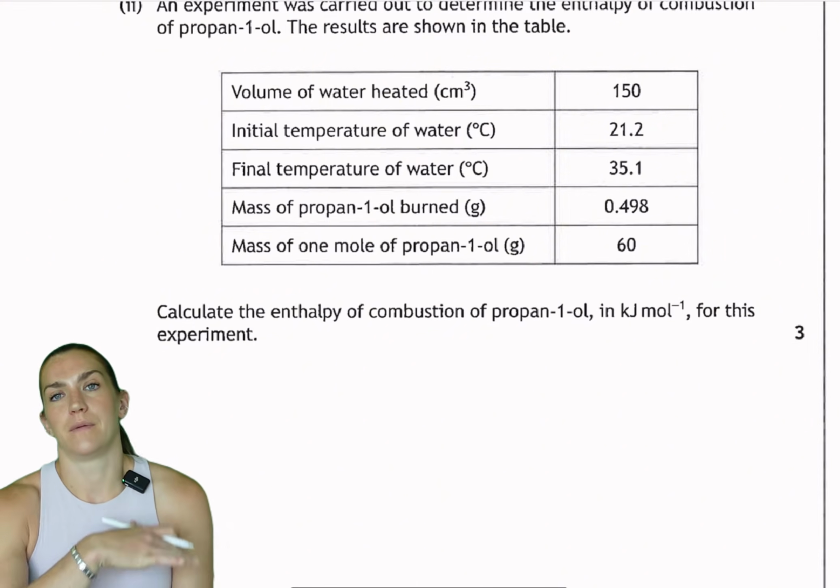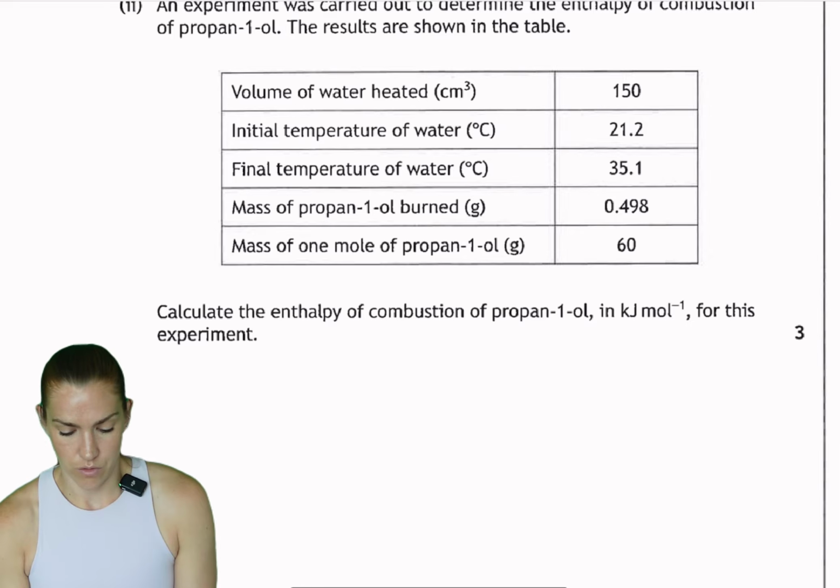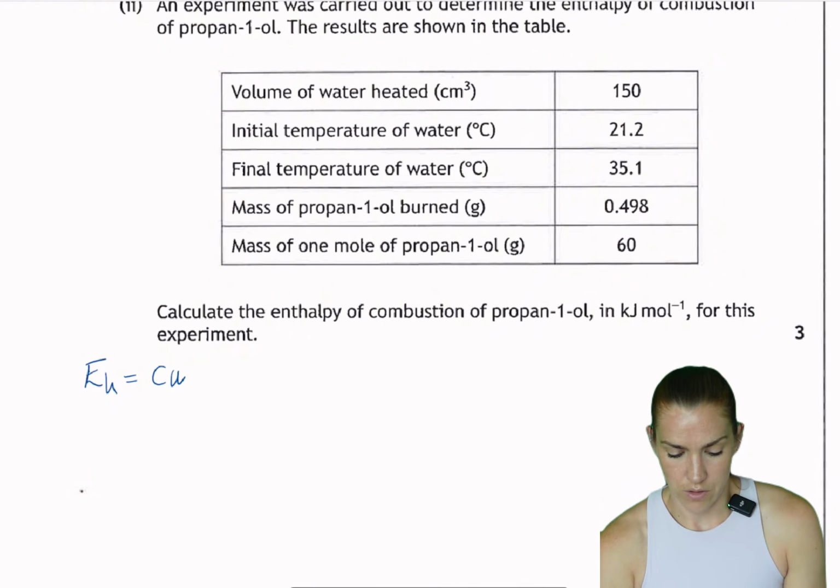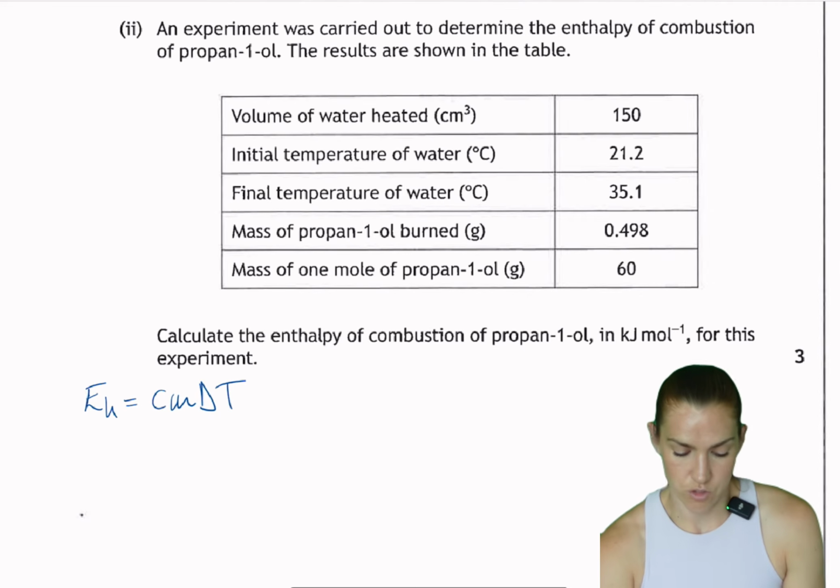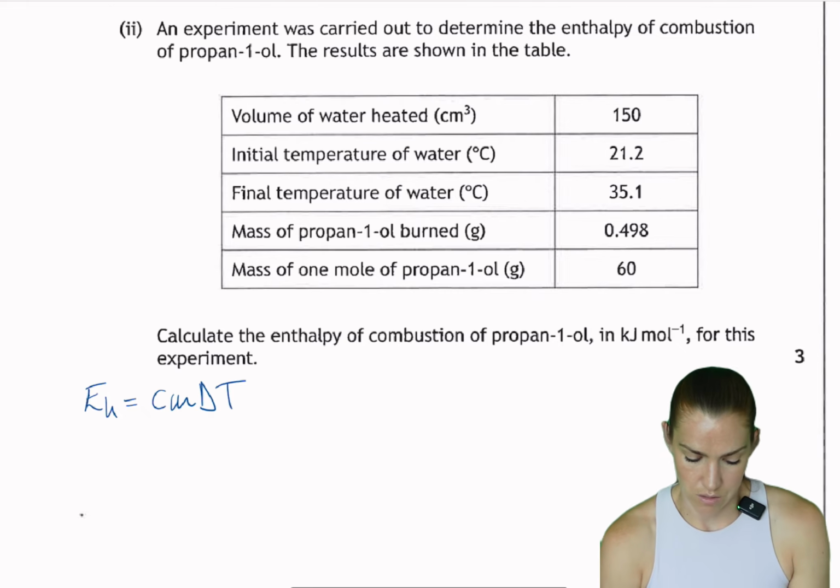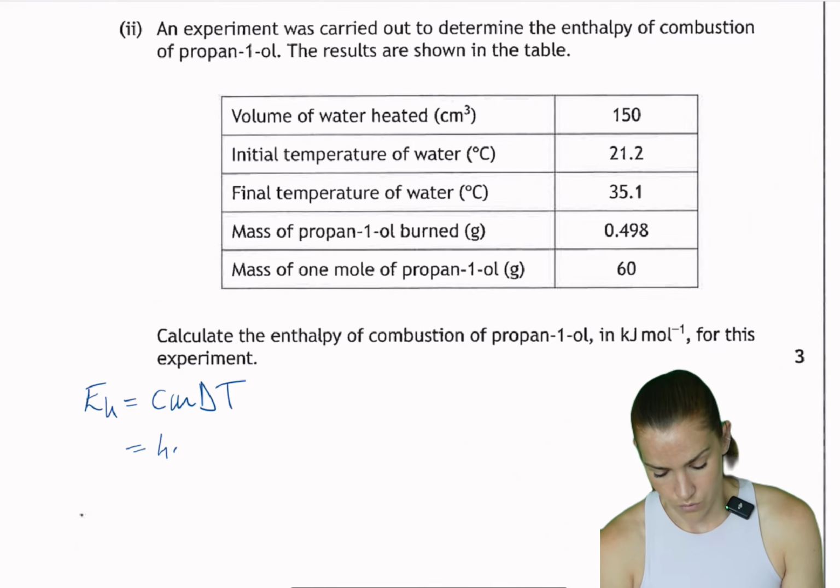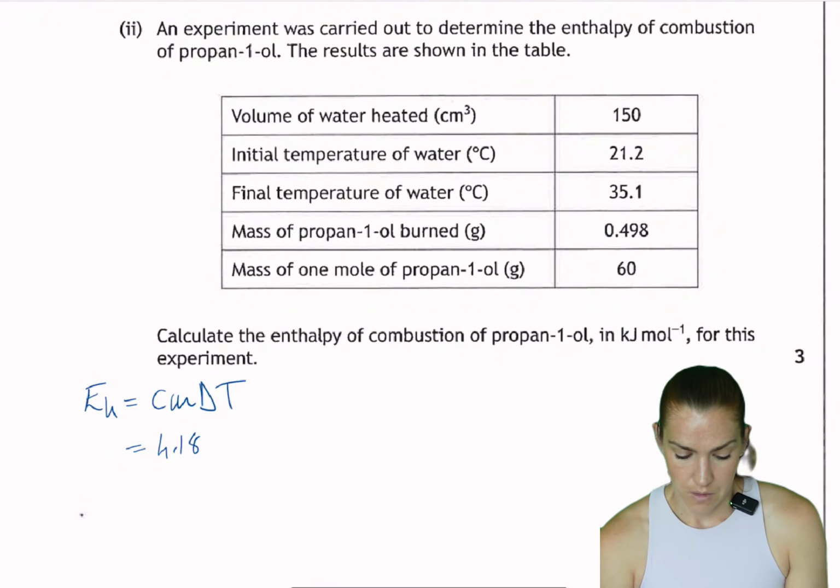So we've got some data from an experiment, so we're going to use q equals c m delta T, because if you're ever asked about energy, enthalpy of combustion, and given temperature changes and things, you will have to start off with q equals c m delta T. So c is 4.18, as we should hopefully all know from last year. The mass is the mass of water,